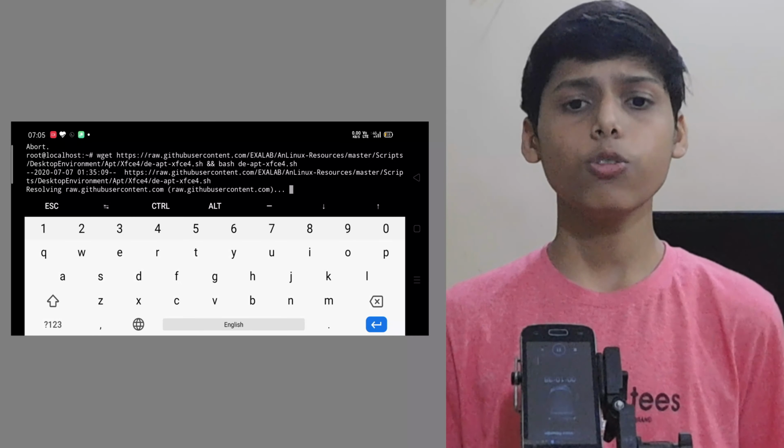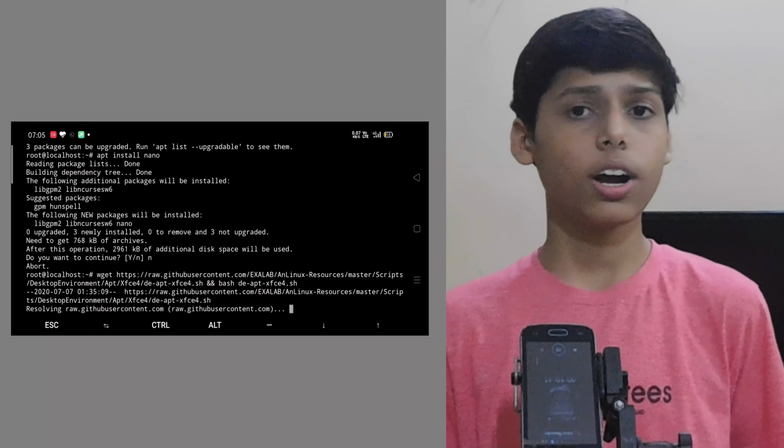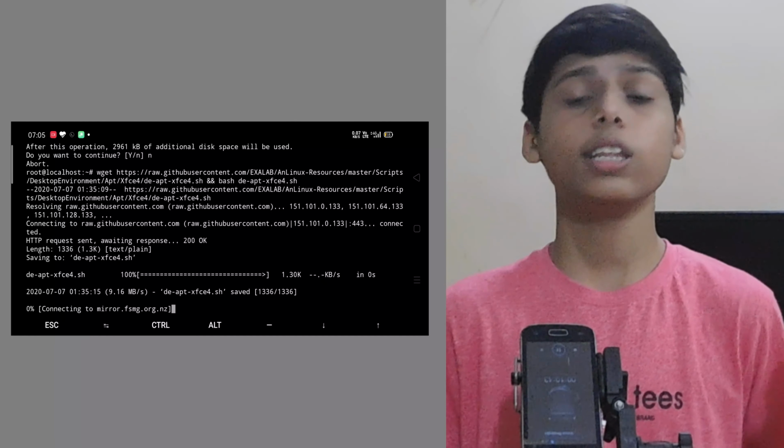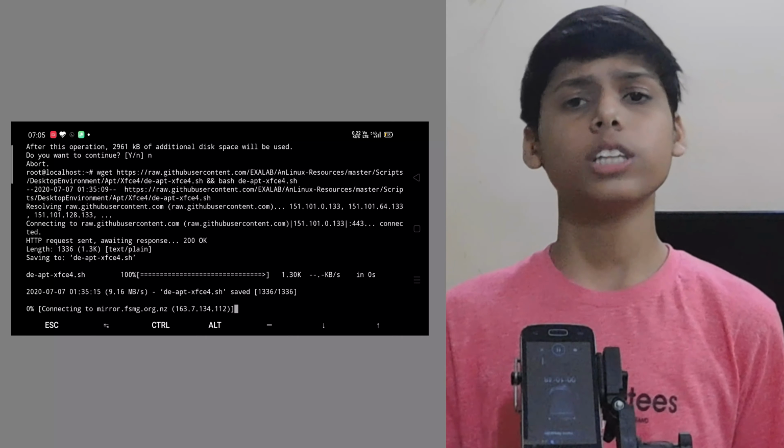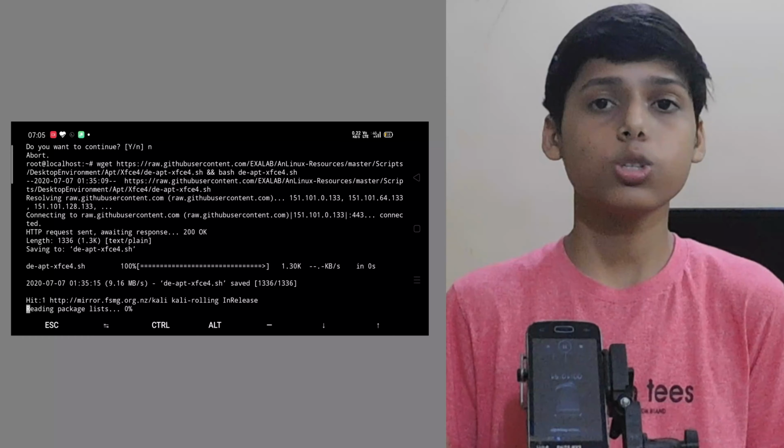When you paste it there, you will see that it is downloading again all those things that were downloaded in the older process. You need to just wait, and it can take about 713 MB of your disk space. Basically you need a high-end mobile, though not that much. If your phone is working smoothly and is in good condition, you will be able to use it smoothly. After that it will take some time, around 15 to 20 minutes, depending upon your internet speed, because it is downloading. I will tell you that it will take approximately 15 to 20 minutes.